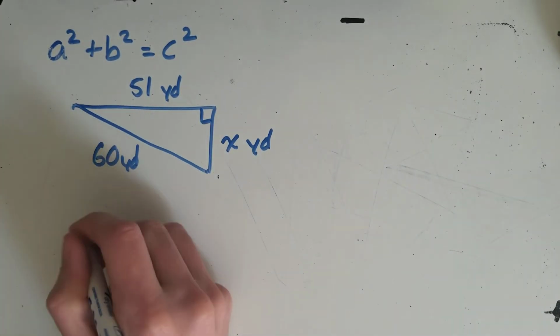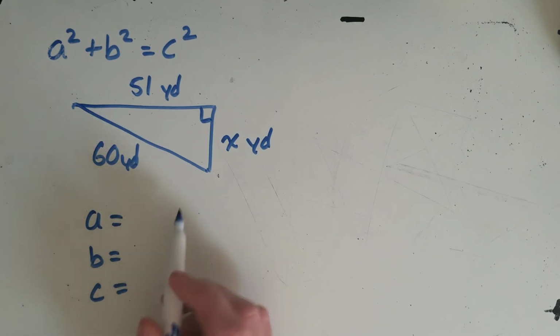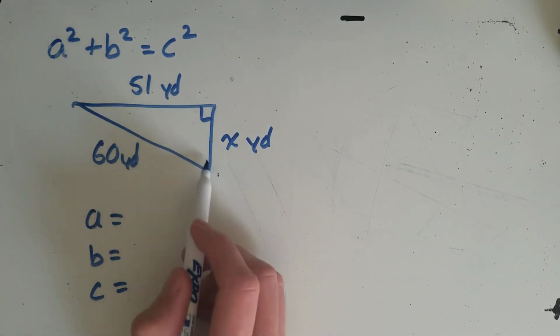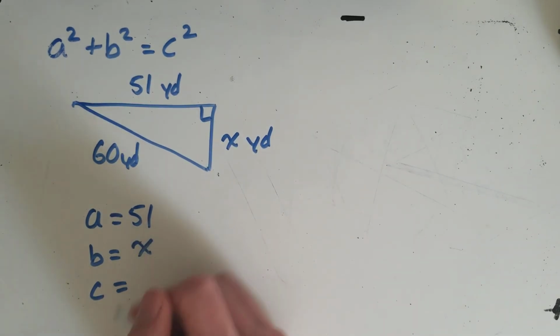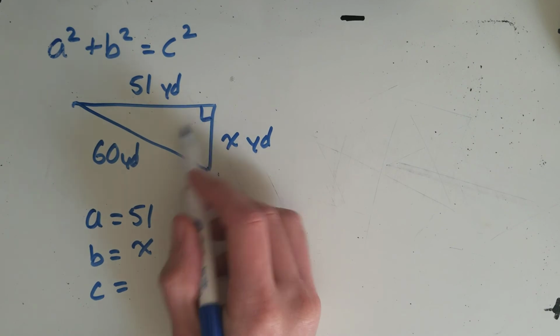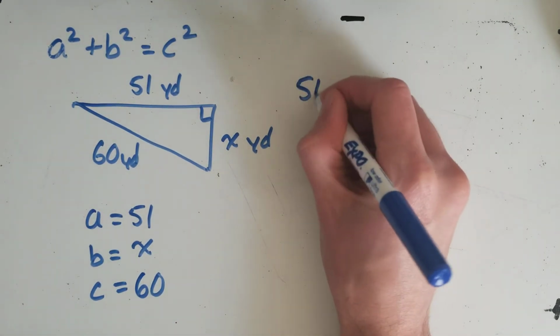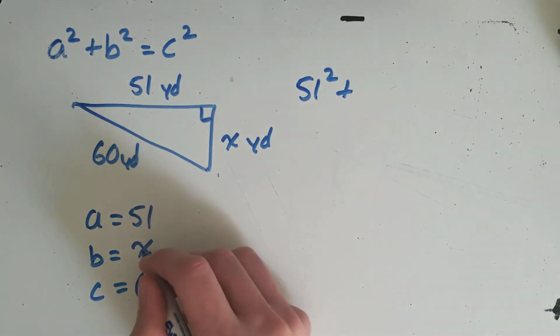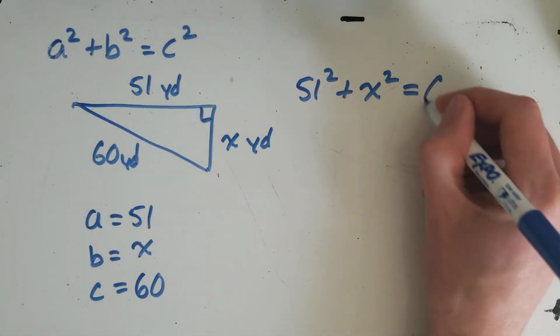So for this one, let's see. We're going to figure out A, B, and C. Well, the legs are what make your right angle. So one of them is 51. The other one, we don't know. We'll call it x. And the hypotenuse is across from the right angle. So your C is 60 here. So let's just plug in 51 squared plus, we don't know what this leg is, so plus x squared equals